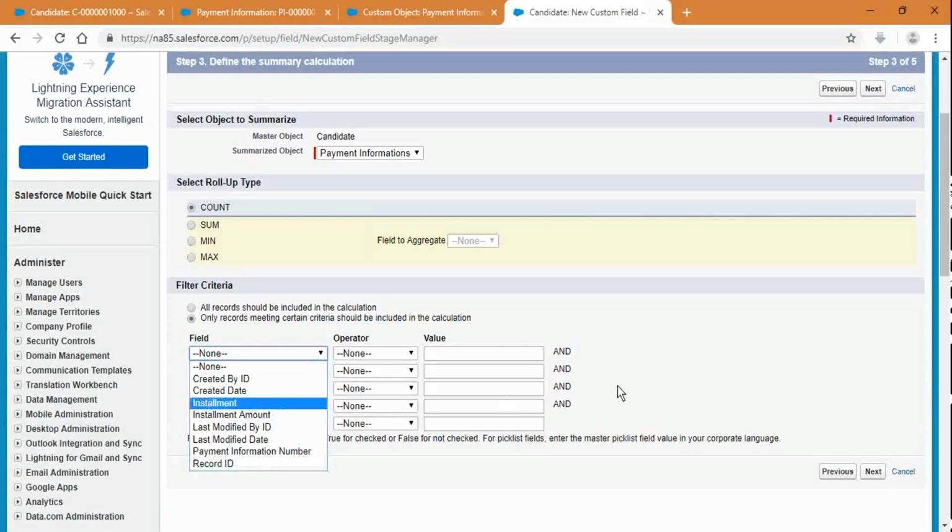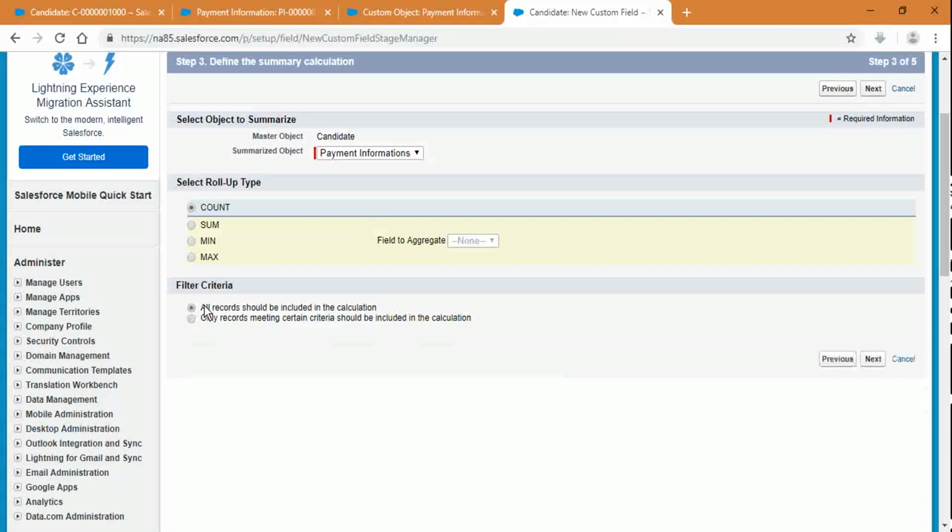Like in my child, I am having so many fields, right? If my installment amount is, or if my installment is greater than 2, then only I want to do this option. You can set that option here. Otherwise what will happen is all the records in the child will be eligible for this counting purpose. So if I click on next,